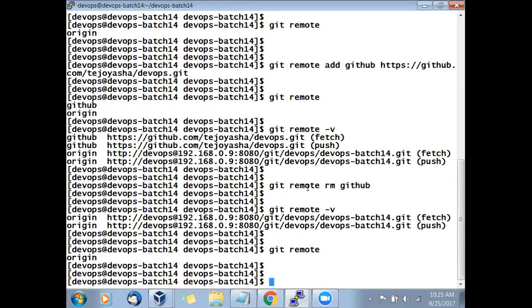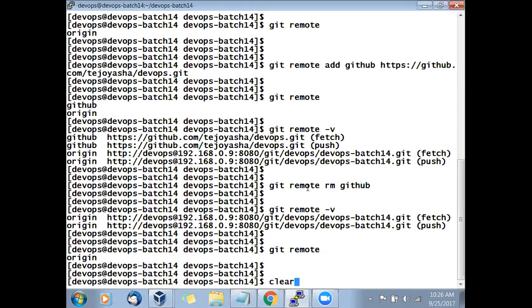So you can add as many shortcuts as you want. You can remove them if you don't want them. That is the simple fundamental we are trying to learn. You can add as many as you like: go to this server, go to this server, or download from this server. You can do whatever you want. Clear? But in most cases, you will only go with one URL. That is origin. By naming convention, you call it origin.